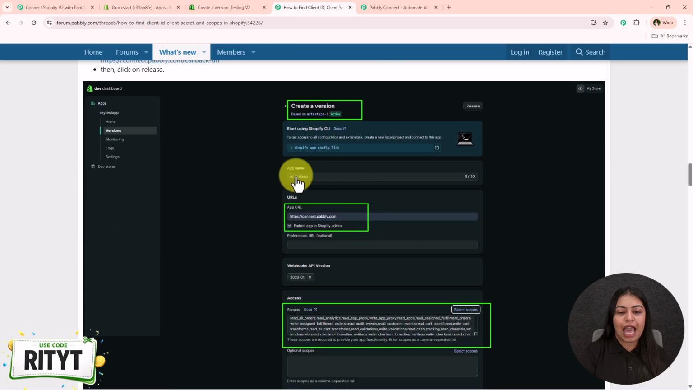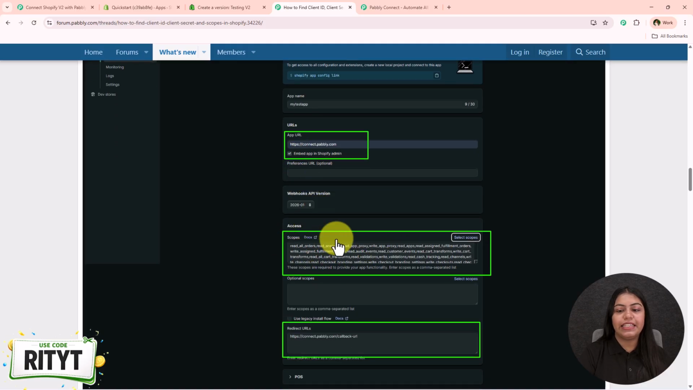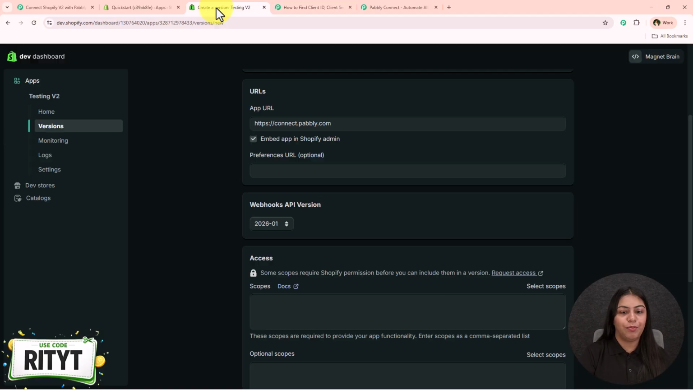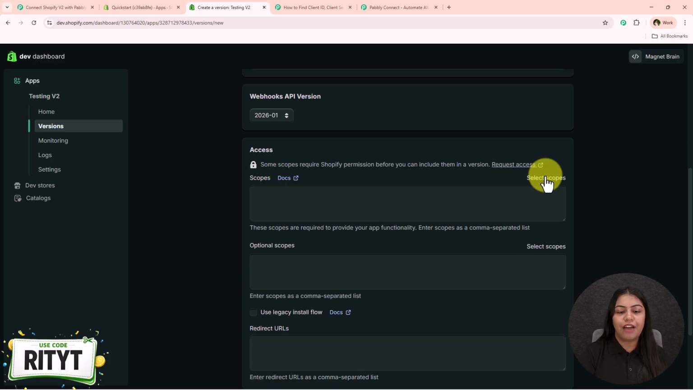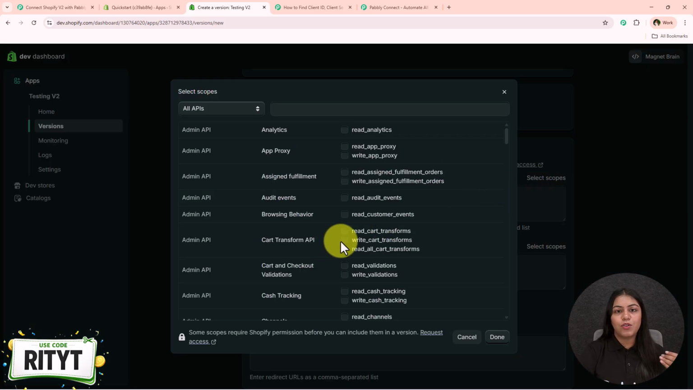Now we have entered the app URL. It is asking me to enter the scopes. All right, so let's go back, and over here for the scopes, we have to select the scope. So we have to select the scope according to the action event we are selecting. I am going to select all the scopes right over here, and these are the permissions which we're going to